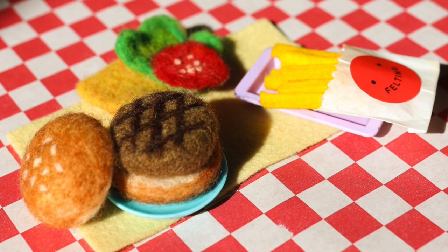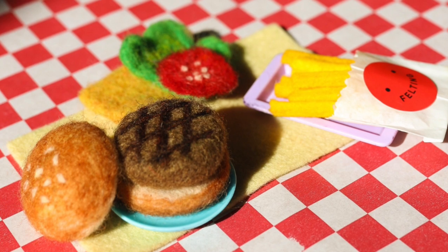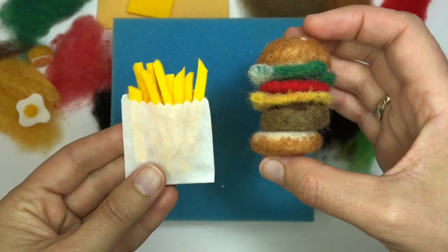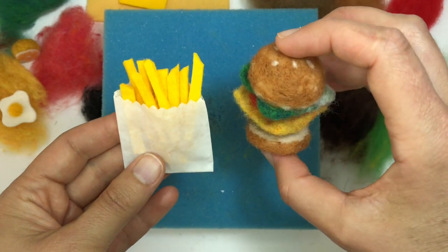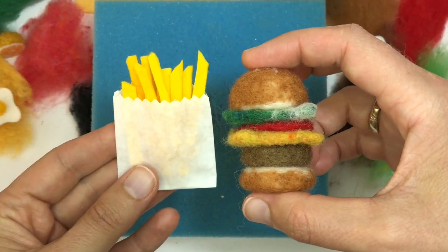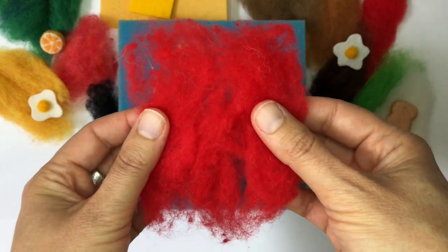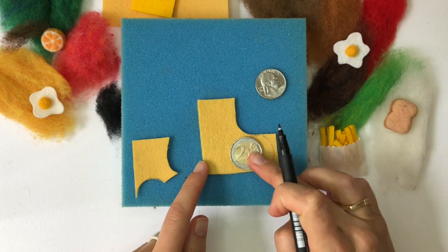Wait, is that a teeny tiny wool felt burger made with needle felting? Yes, friends. Yes, it is. In this tutorial video, I'm going to show you all about needle felting and how to make the tiniest little burger. I'll talk you through my favorite fiber to use and what tools I think work the best for felting